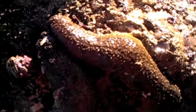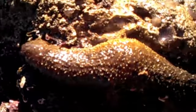I just turned over another rock, and if you can see, there's 2 more of these things that I couldn't pick up off the last one. And they're stuck to this rock, which I'm going to have to put back. Oh, look at all these little tube worms in here too. Can you see those? They have like these little tiny tubes sticking out. Those are all tube worms. And then right here,